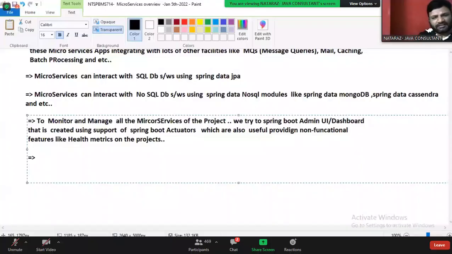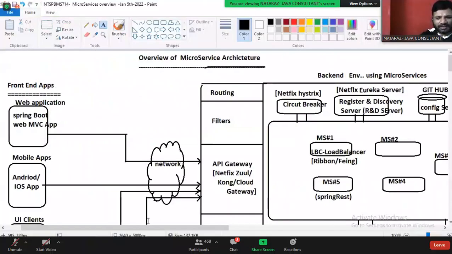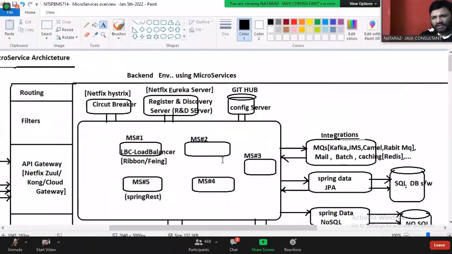Now tell me, guys. One microservice can talk with another microservice. Interaction between all microservices will happen or not? Now I want to do logging. Yes, definitely I would like to do logging, guys. Logging means it has to be performed in a single microservice or across multiple microservices? Should this logging happen on a single microservice or across multiple microservices?